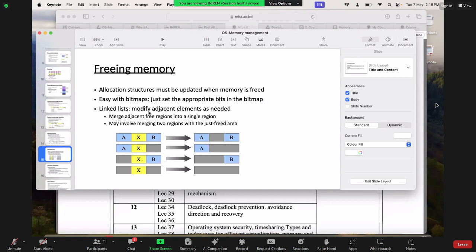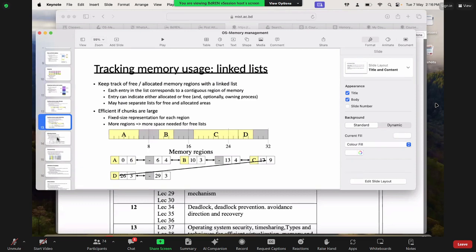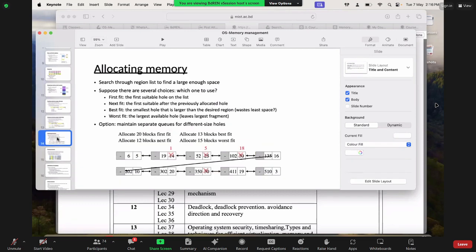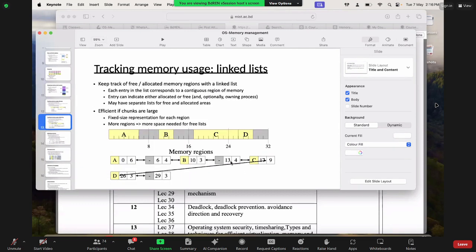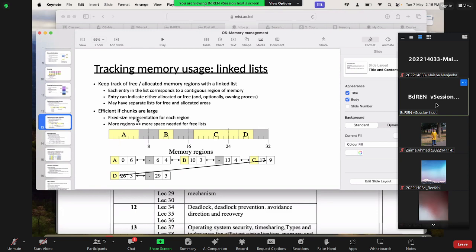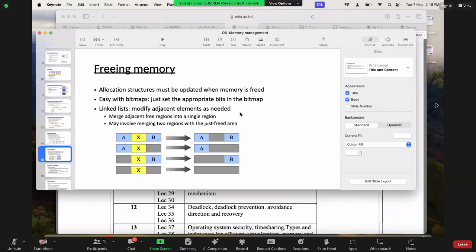In the case of a linked list, we modify and adjust elements as needed, and merge adjacent free regions. Let's say this process completes execution; then this whole thing needs to be merged, and it has to be checked with adjacent regions. That's what we are trying to say here: merging adjacent free regions into a single region may involve merging two regions with just a free area. Are we clear with these two statements?